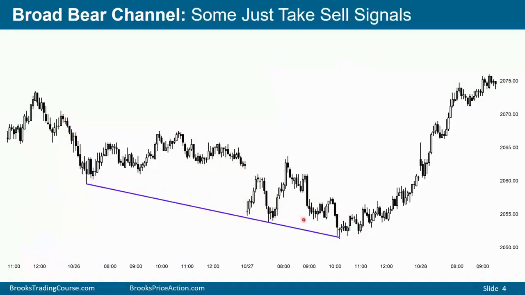At this point, the market has a wedge, and it has a nested wedge because there's a second wedge here. The third leg down subdivides into a wedge. Because it's a bear trend, even though it's sideways for a lot of the time, a lot of traders prefer only to look for the shorts. We have a strong breakout to a new low. The market's clearly always in short somewhere in here.